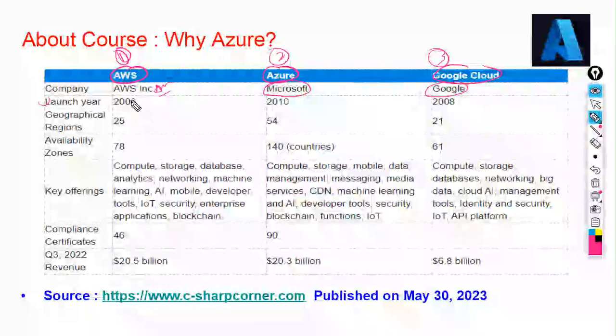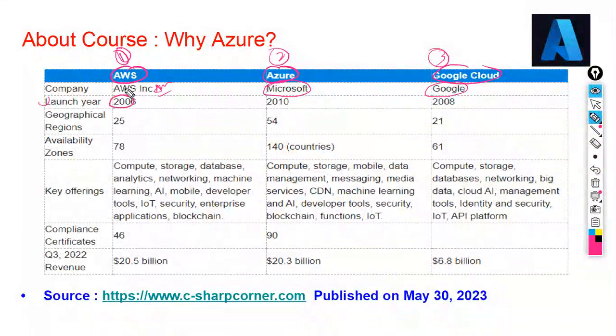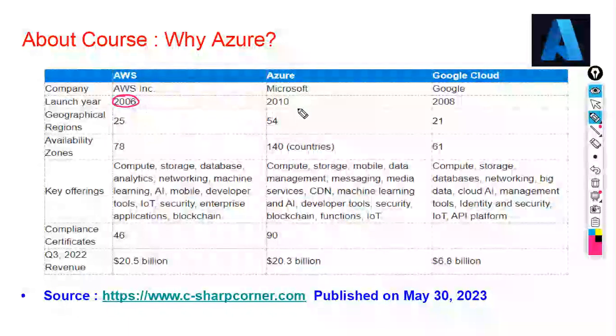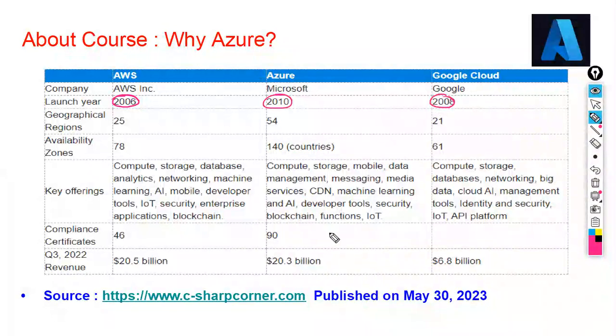Remember the years: AWS was launched in 2006, Azure in 2010, and Google GCP in 2008. And if you compare the regions, AWS has only 25 regions, whereas Microsoft has around